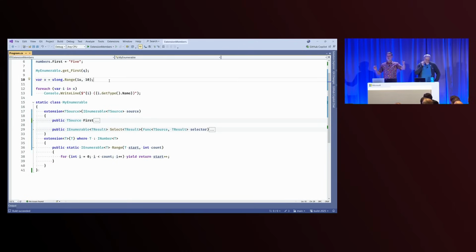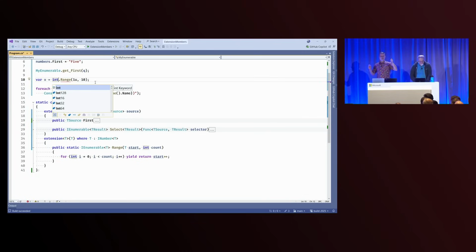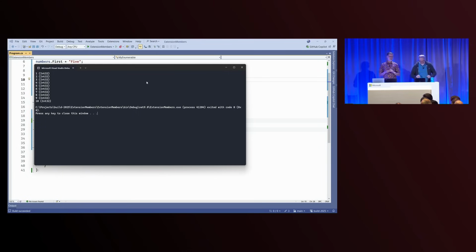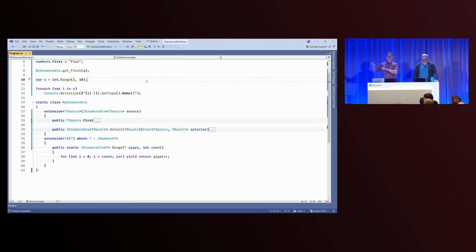There's nothing preventing you from using a type parameter as the receiver type. That's not illegal, that's totally accepted. If it's an unconstrained type parameter, you're being a little naughty because then every object in the universe will have that extension method. You're the bad engineer on the team who added that to display on everything. As long as you constrain it to just Tanner's world, it's just numbers, then it's fine. Now you can add that static extension method so that any numeric type will give you a range of that type. Anyone that implements INumber, which should be most of them.